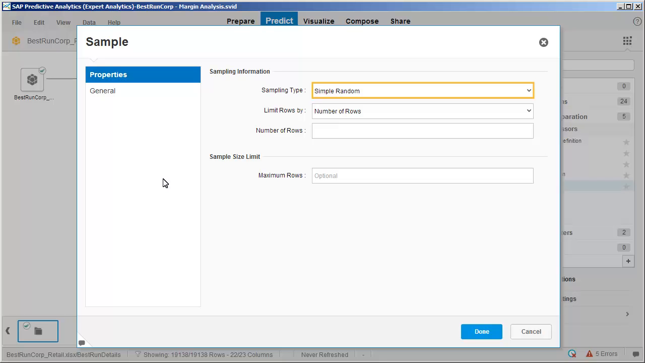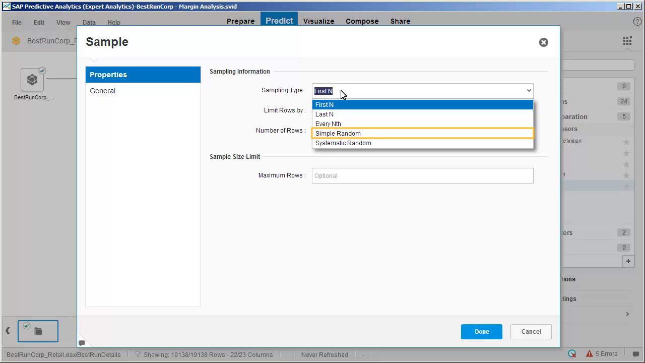First, we need to specify the sampling type to use. Different sampling types are useful in different situations. The first n or last n methods select records from the beginning or end of the dataset, but will not accurately represent the full dataset if the records are ordered in some way. The every nth method ensures that records are selected from every part of the dataset when there is an order